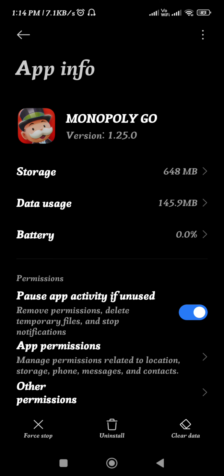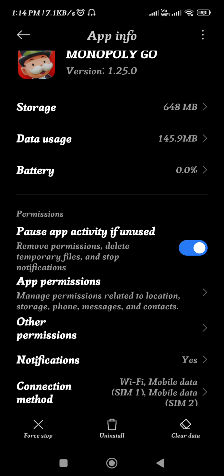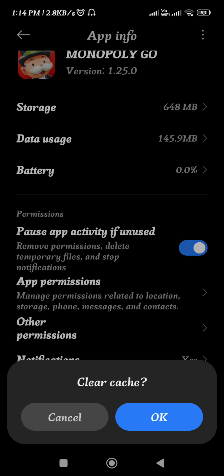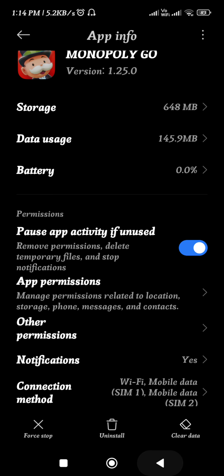Now once you are in the app info of Monopoly Go, you need to tap on clear data in the bottom right hand corner, then select clear cache and then press OK. Now after clearing the cache, you just have to start using Monopoly Go and check whether the airplane mode is